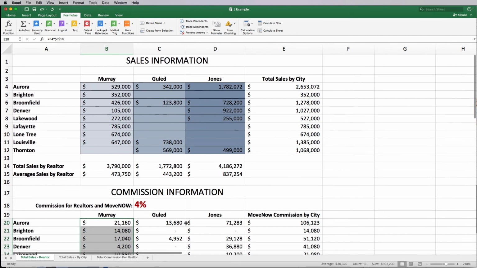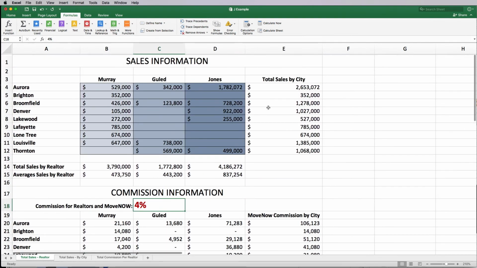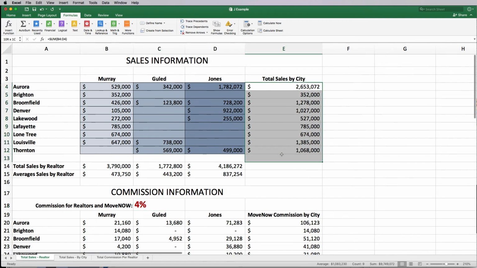So now I just need to do some formatting and make sure I have all the calculations, and I may or may not. You're going to have to check the instructions to make sure that you have included all the calculations. And then as a part of the assignment, you should be making a chart. So you can make any chart you want. You can say sales by city. So total sales by city. You can do total sales by realtor, and make sure when you create that chart that you put it on